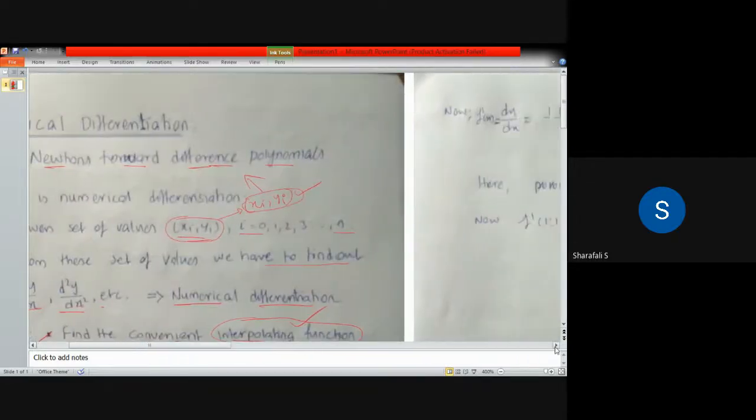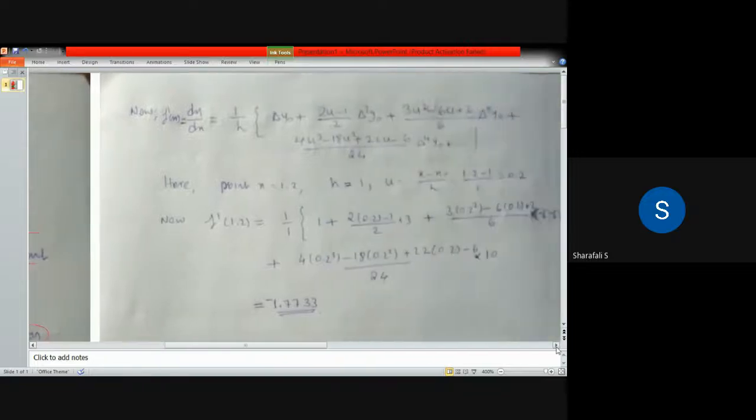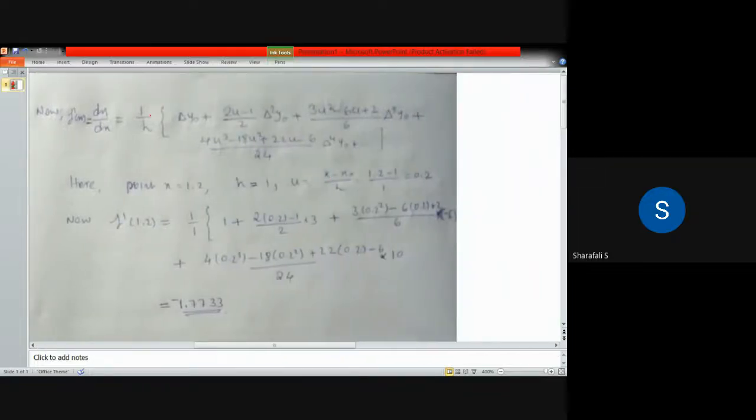In that case, now if you substitute that in the equation, then you will get it like this. You can see f dash of x. This is f dash of x. F dash of x is equal to dy by dx, and that is equal to 1 by h times delta y0. This is the same equation, that is equation number 1 that we have written for the general case, and put x equal to 1.2. That is what the differentiation we have to find out for this particular point, x equal to 1.2, and h is